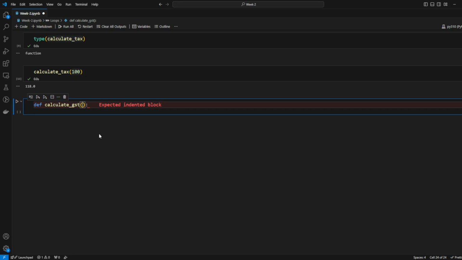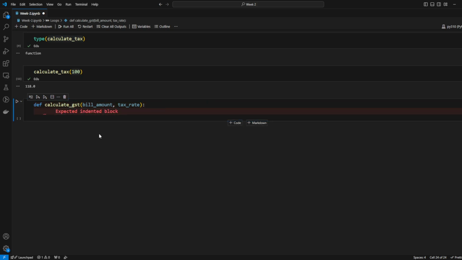The bill value, right? Yeah. So I'll say bill value, or bill amount. Then I can also take tax rate, 5%, 18%, 28%, right? Correct. So then what happens is, once you are inside the function block,